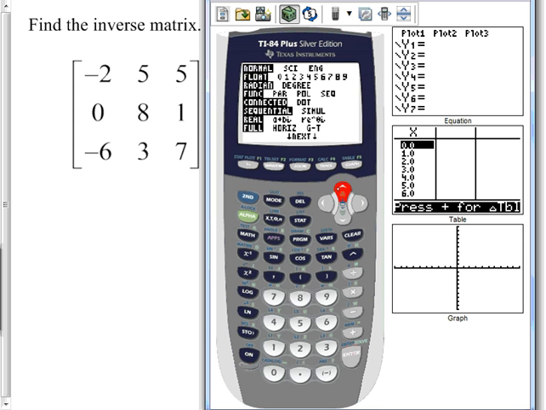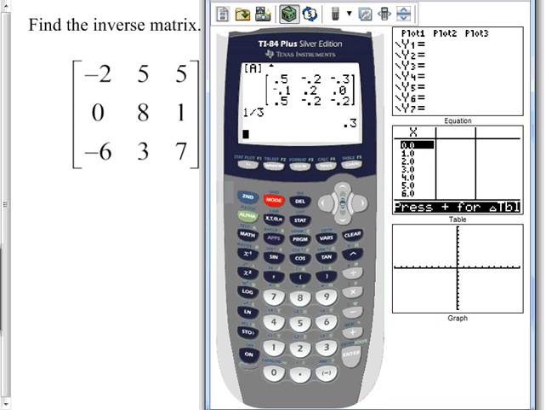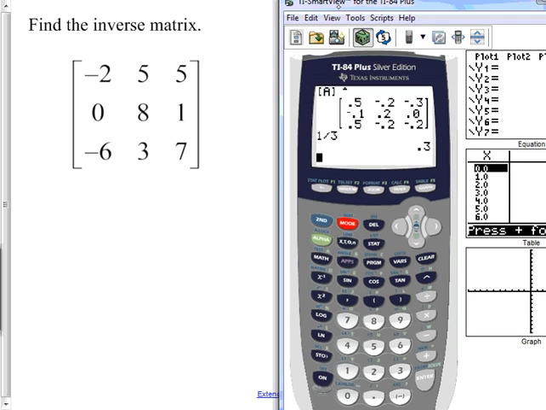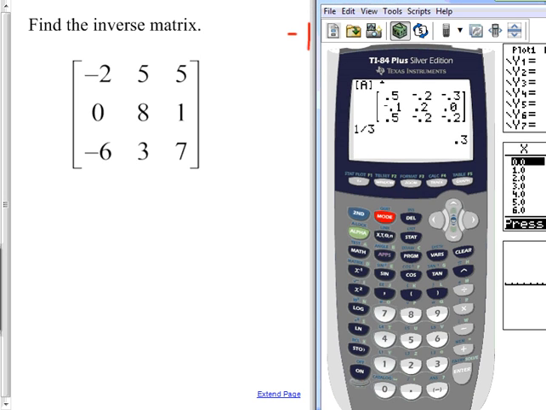All right, so now I'm in normal mode again, and now if I get out, but it was kind of cool to be able to see all the decimals in that matrix. So if you wanted to do that, and we had said round to 2 decimal places, you could do it. Just make sure you don't leave your calculator that way. Okay? All right, so what is this thing again? It's an inverse. That means if I multiply this matrix, which I just rounded and therefore it's not going to work perfect anymore, by the inverse matrix,